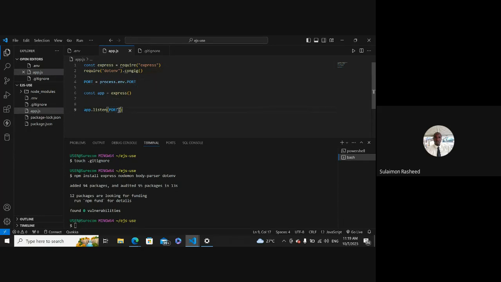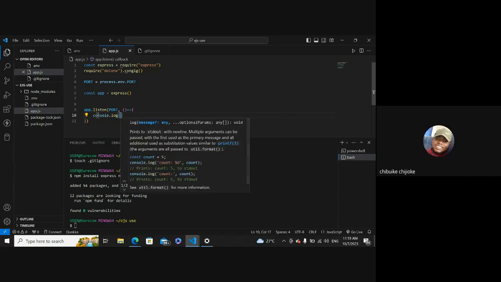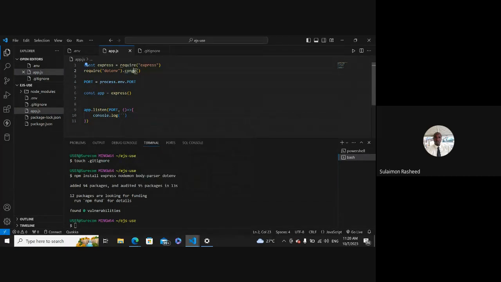Now, okay, let's have a callback here for us to render a message for us to know if our application has started running or not. So then we can have console.log. Config is not correct, so the spelling. Okay, config. Thank you. That's a typo. So app listening